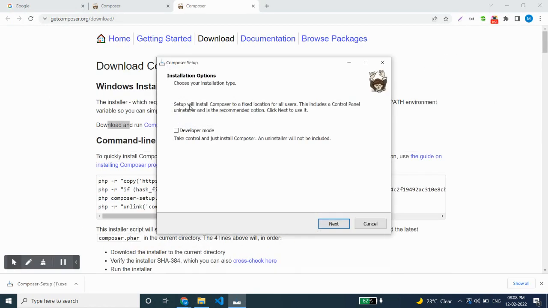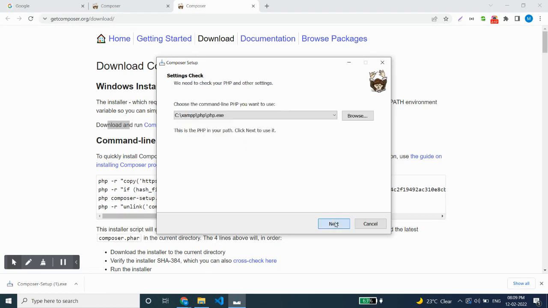This will ask you about installing the developer mode or simply continuing. If you are a beginner, then please do not tick developer mode because it's very complex to use if you are a beginner. So you just need to click on Next, and then